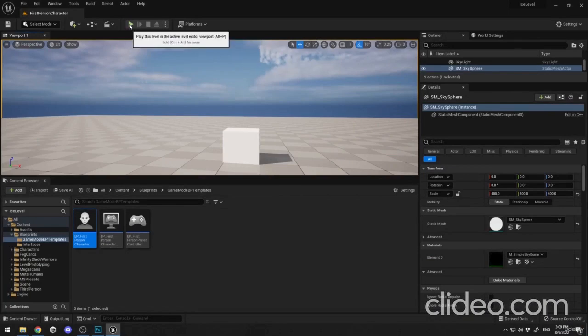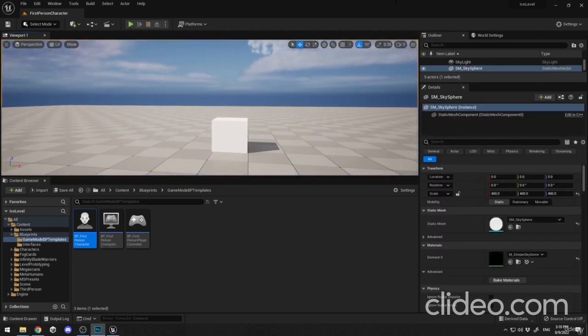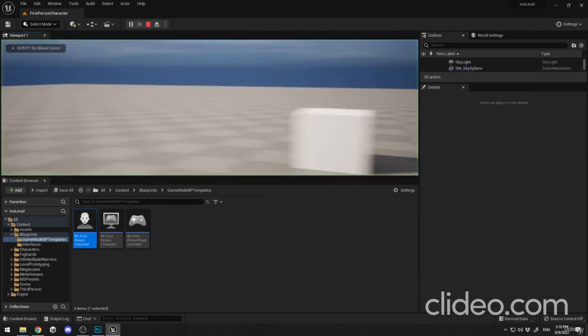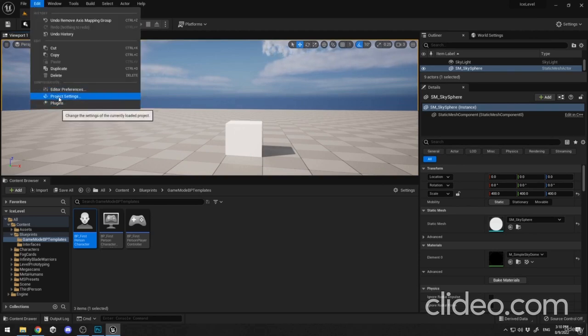Alright guys, so we've created the look with the mouse and the joystick, but let's proceed and create the movement. So we still cannot move with the keyboard. And right now in this video, I'm gonna show you how you can move with the keyboard. So the first thing that we need to do is we need to map the keys that we need to